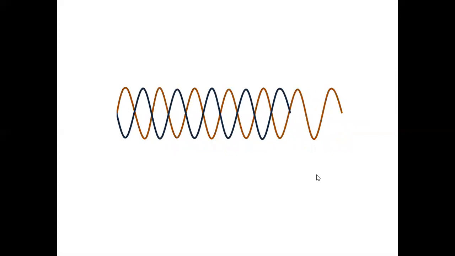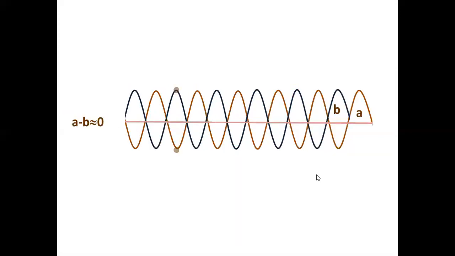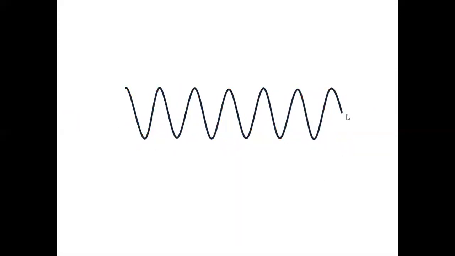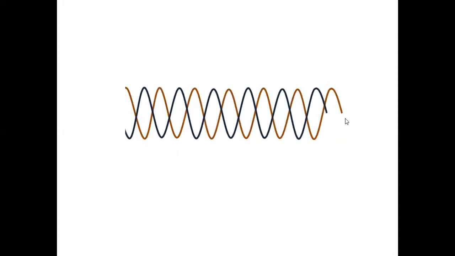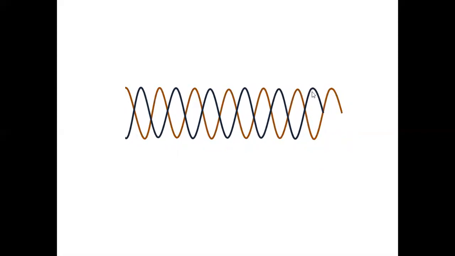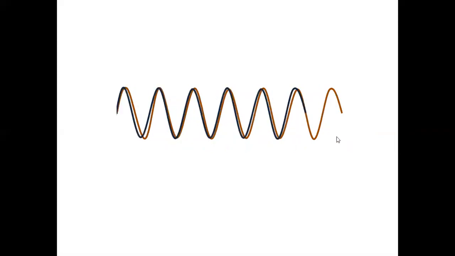And what about destructive? Destructive is like this. If there is no path difference, it is constructive. Lambda by 2, first destructive. Complete destructive. No wave exists finally. It is flat. Water won't vibrate at all, because one wave says go up, another wave says go down. Now this is a path difference of lambda by 2. What is the phase difference here? It is pi, right?